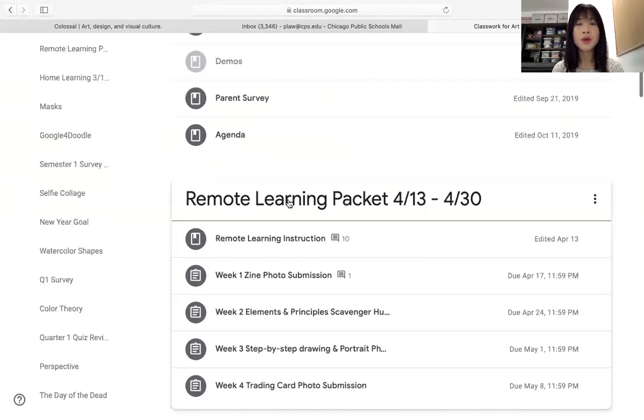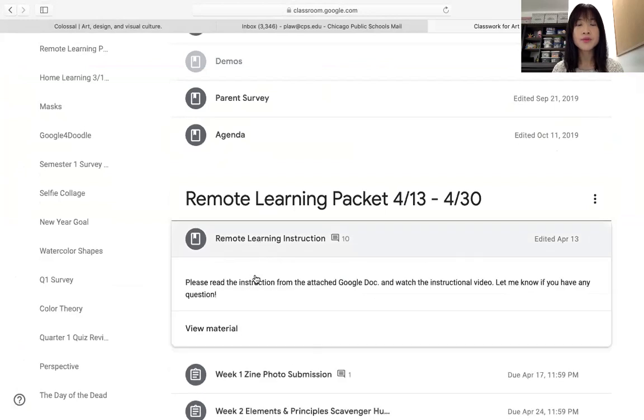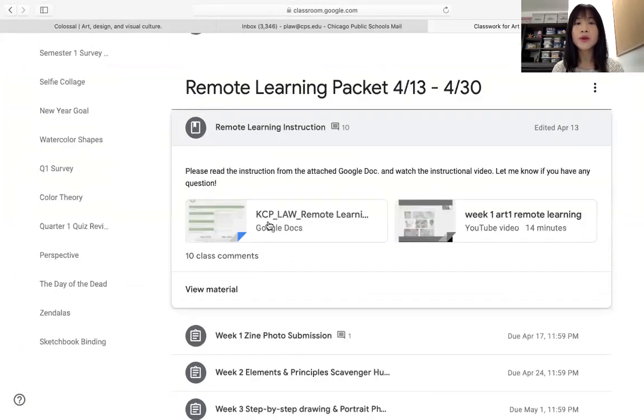Under Remote Learning Package, open the remote learning instruction, and open the same Google Docs that you were using for week 1. Okay, so open this one.